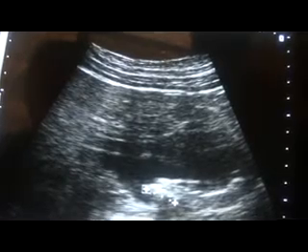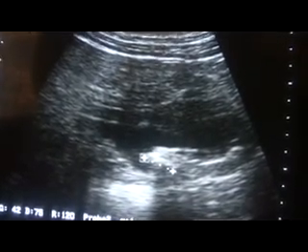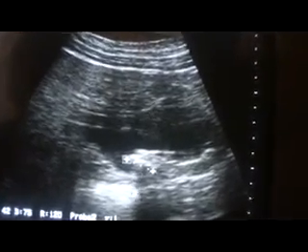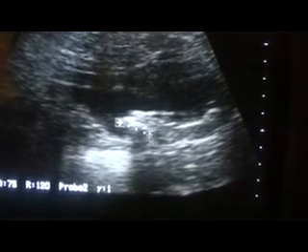The proximal ureter measures approximately 5.9 millimeters, whereas the maximum upper limit is up to 7 millimeters. So the proximal ureter is not yet dilated. And the calculus is seen protruding from the renal pelvis into the